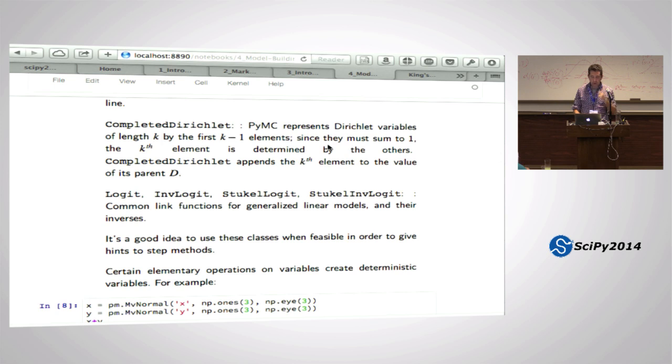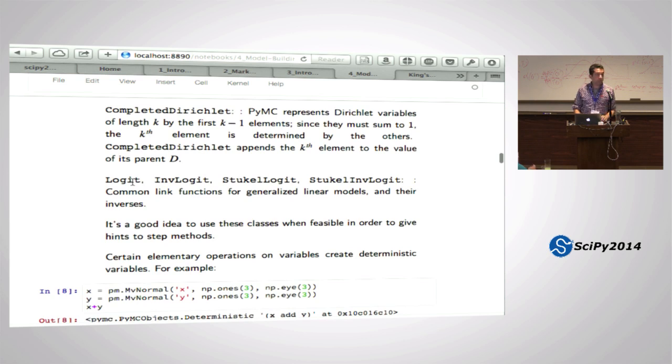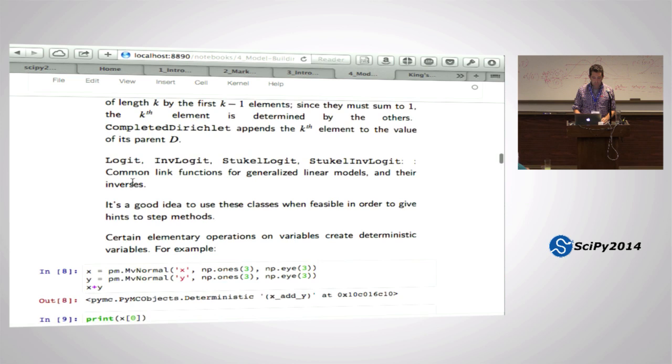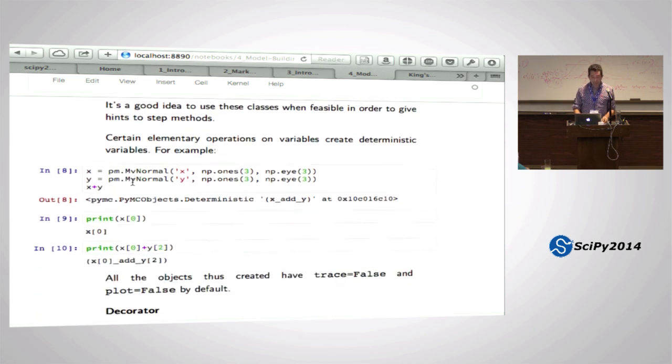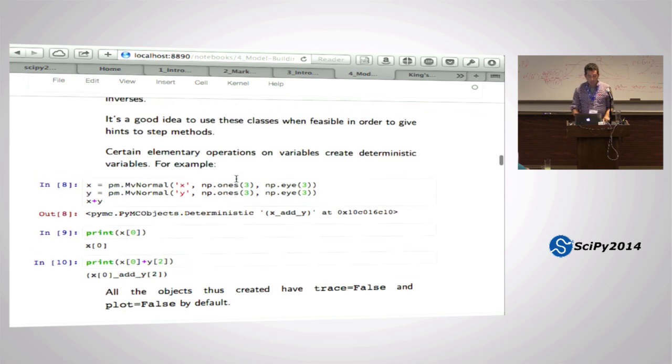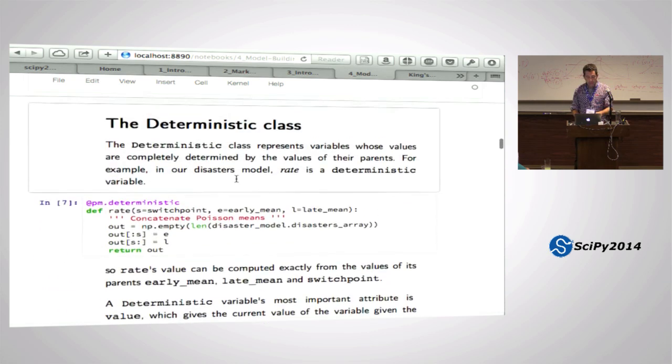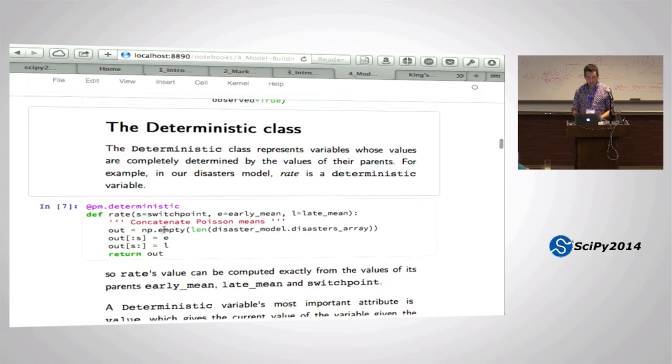So it can be used as the probabilities for multinomials and things. There's a logit, so if you're using the logit function for a logistic regression model, and so on. Generally if I have a deterministic node, I either have to write this rate thing here